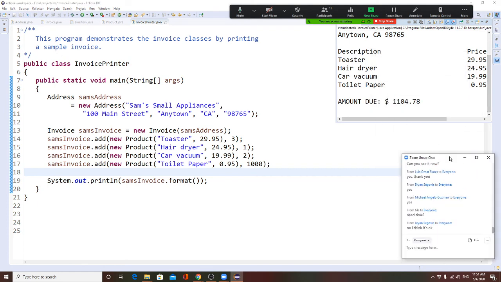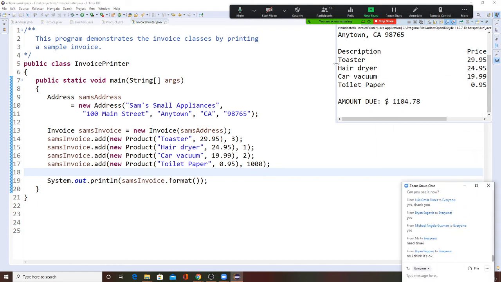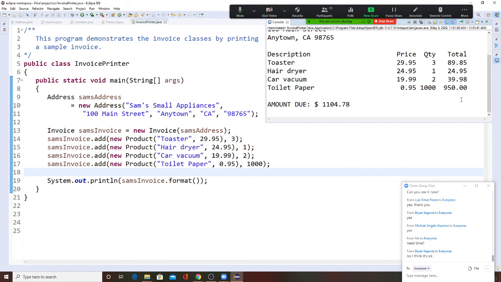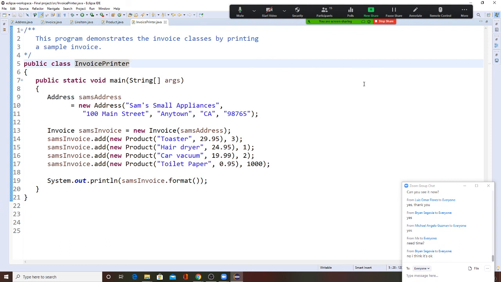Sorry, I have to let you see. So right now it's like this. The format obviously is not good enough because we didn't realize people will buy 1,000, so we need to fix it. You understand? All right. So that concludes this assignment, but I need to make sure everybody